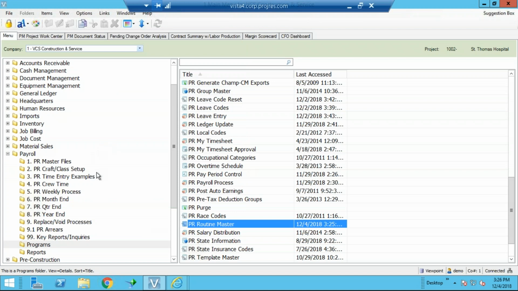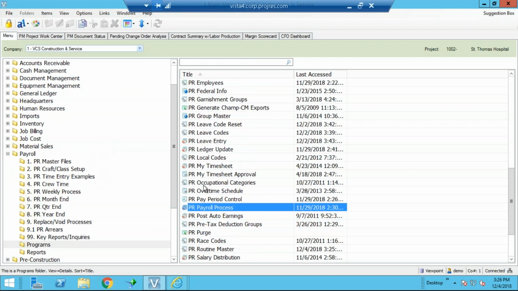Remember, these are only the routines, so all of your deduction codes and liability codes,